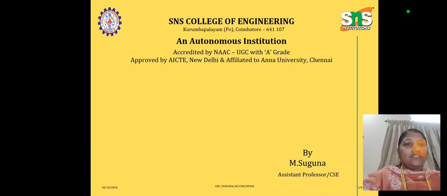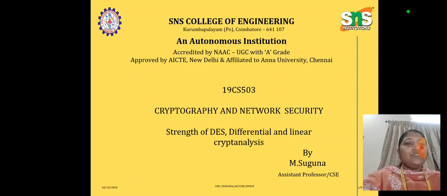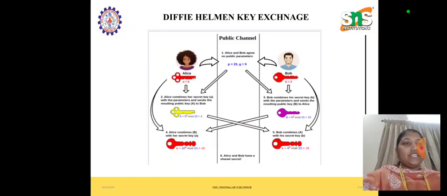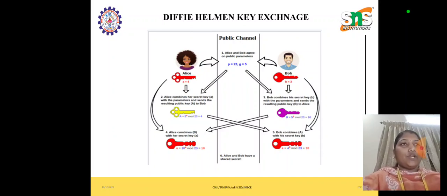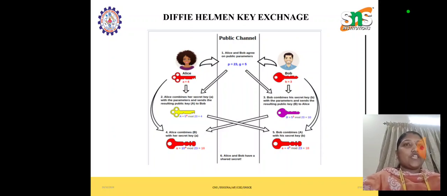So hi everyone, in this video we are going to see about the Diffie-Hellman key exchange algorithm. So what is Diffie-Hellman key exchange? This is a cryptographic protocol or cryptographic algorithm that allows two parties to securely share a secret key over an insecure communication channel. This shared secret key can then be used to encrypt subsequent communications. The key exchange relies on the difficulty of solving the discrete logarithm problem, which makes it secure against